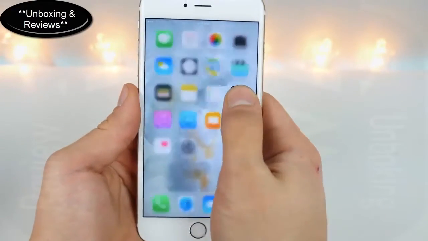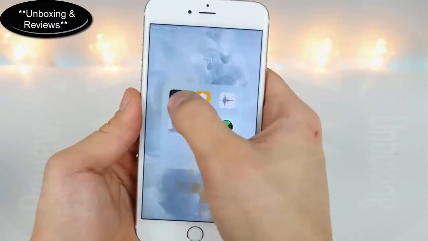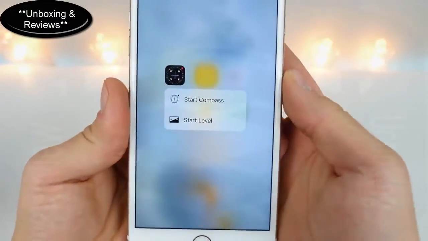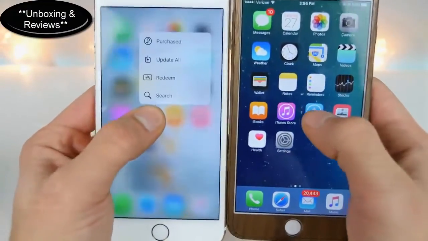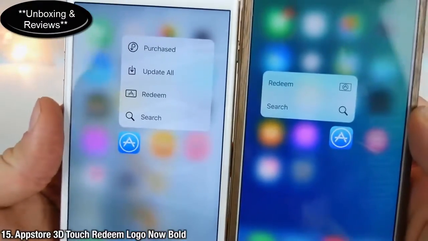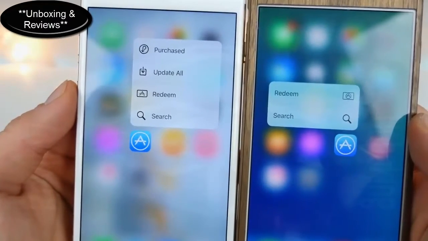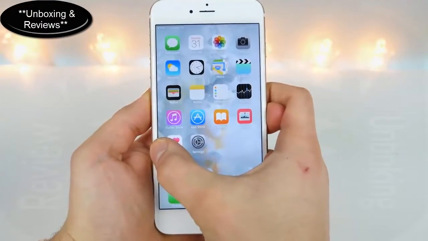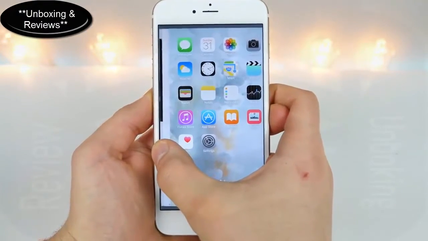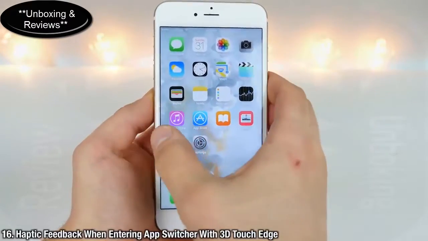I believe the Stocks application and the Compass application, so looking just like that. Additionally, some of the actual logos have been changed just a little bit. See, the Redeem tab is a little bit bolder on 9.3. When entering the actual app switcher using the 3D touch feature on compatible devices, you'll feel a vibration upon entering